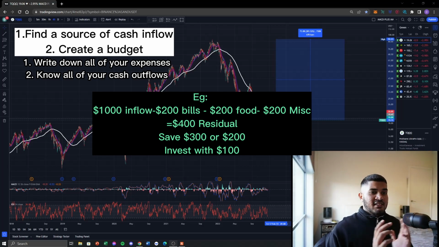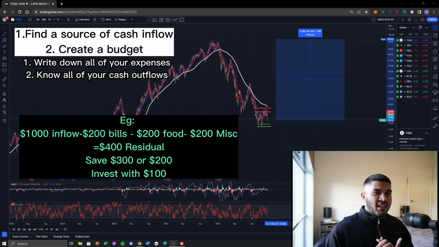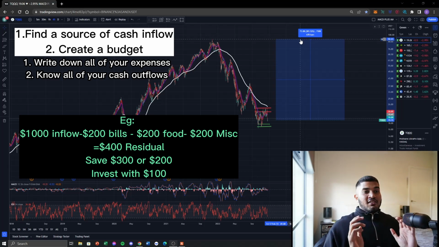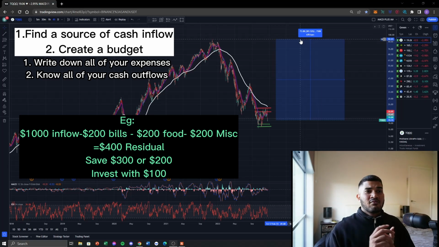And with investing, let's say you're saving $100 a week for your investing. This is one of the most beneficial times that you can start, because as you can see behind me, the market has been falling. And as of today, if the market does recover, that's a 381% return, which is quite significant. So that's why this is literally one of the best times to get started. So with that $100, you can learn to invest, like risk that $100. If you lose it, yeah, cool, you lose it.